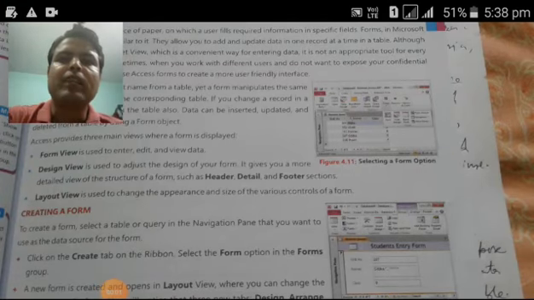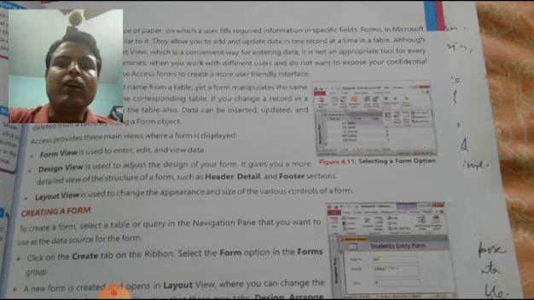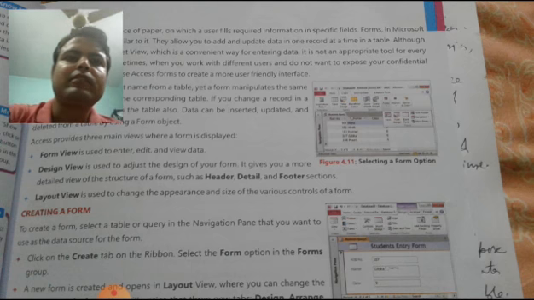In this clip, I will explain forms. We all are familiar with this term, that is form. You all would have filled your admission form, examination form, etc. so far, or have you filled any type of form so far?